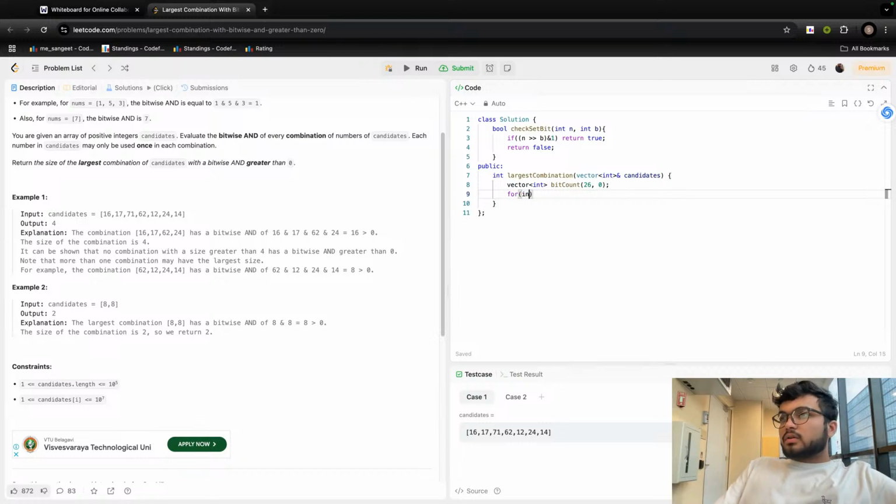Now for int i equals 0 and i less than 26, we can iterate over all of the candidates, and if candidate i